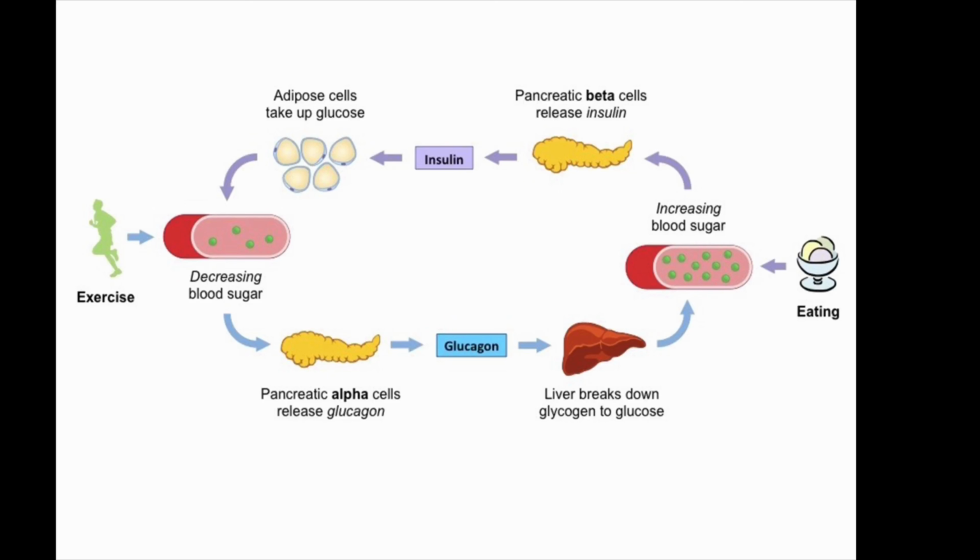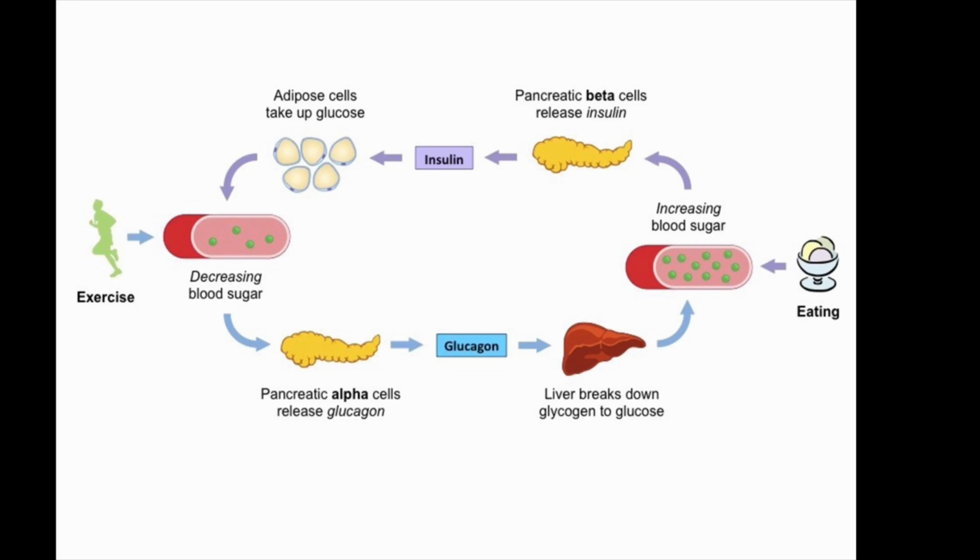So there are specialized cells within the pancreas to release glucagon, which is a hormone that will target the liver, and the liver is going to break down glycogen, which is a stored form of a carbohydrate. So it will break it down to glucose, and glucose is going to be released into the blood, and then it's going to restore blood sugar levels to a normal